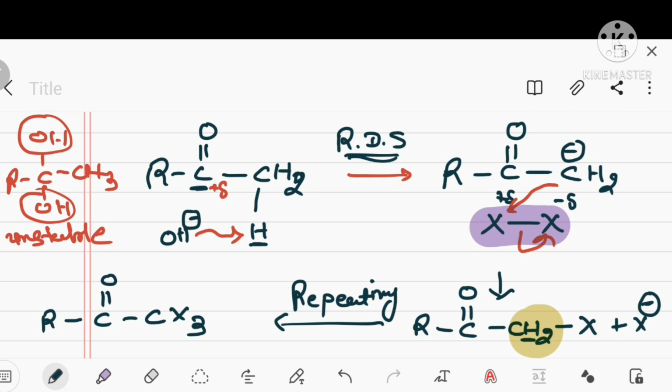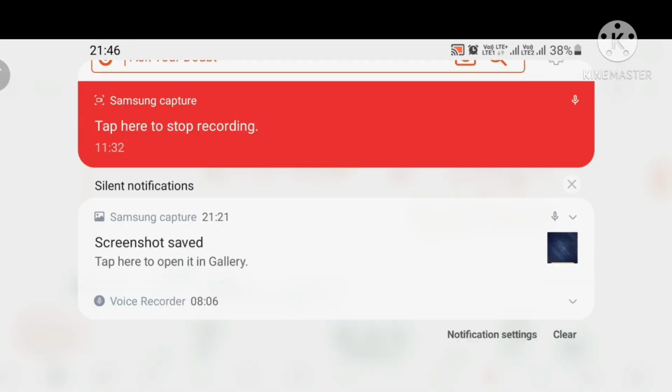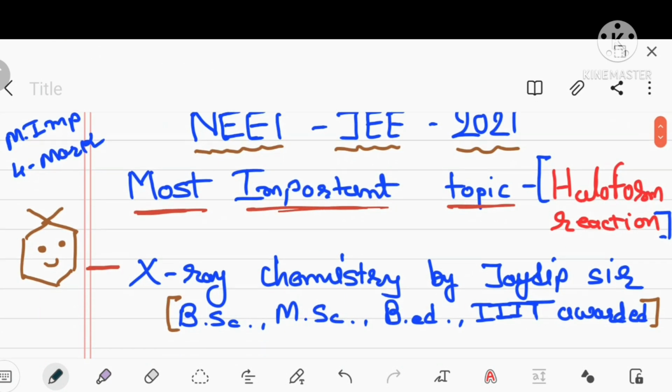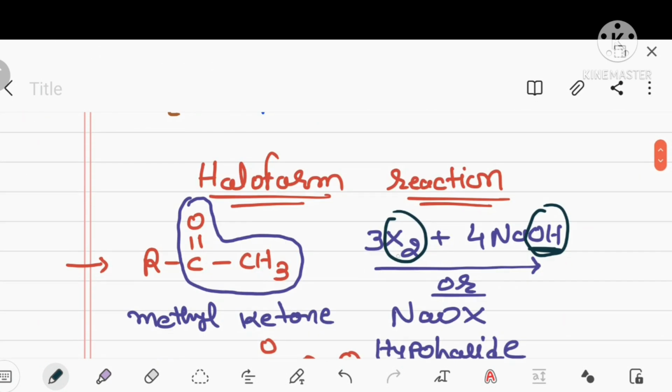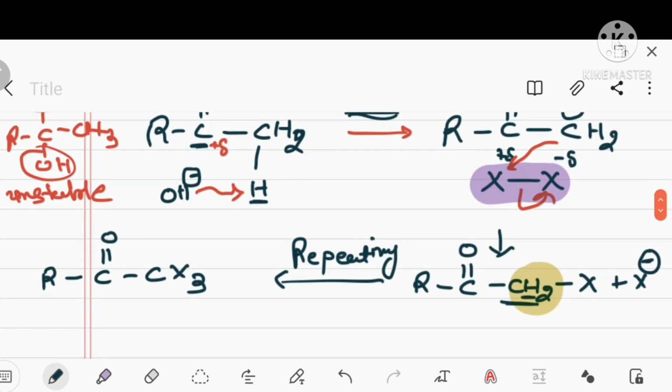Okay, and the reason to form this kind of species is that these two active hydrogens again react with halogen, because there are actually 3 moles of halogen. That's why the remaining halogen molecule again reacts with this species and we will get the wonderful compound RC double bond O CX3. Okay, now